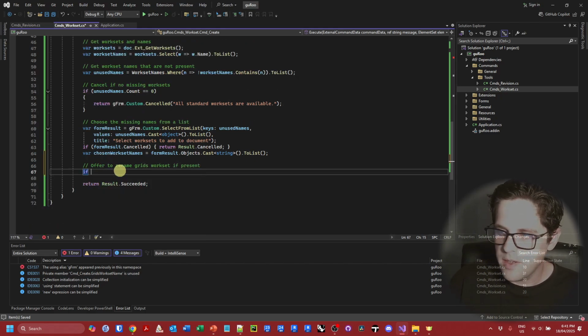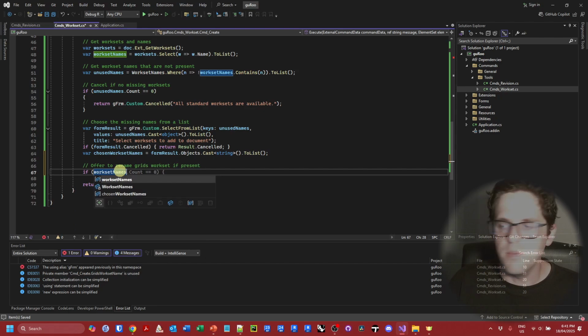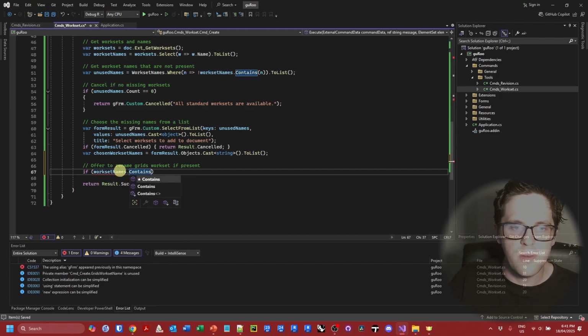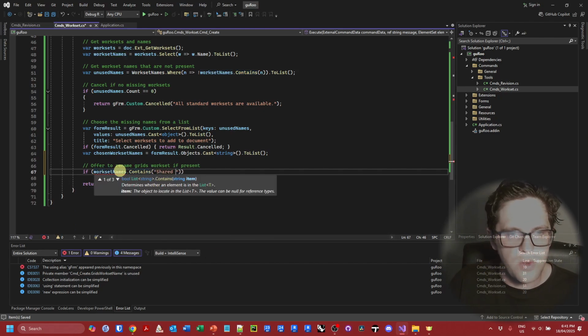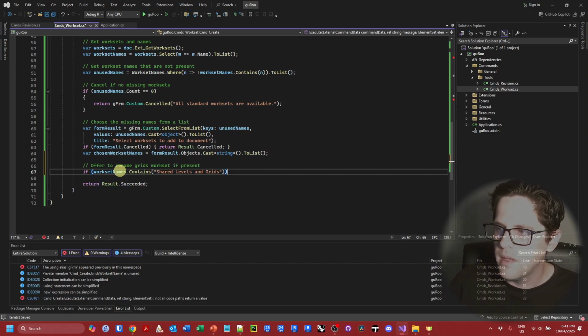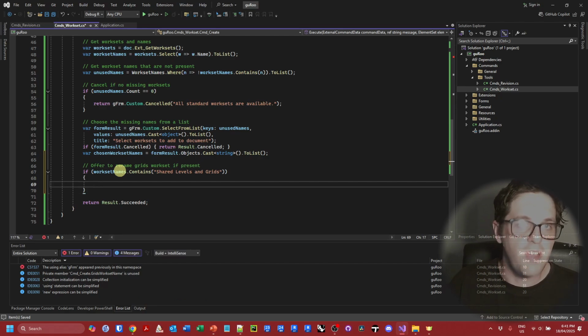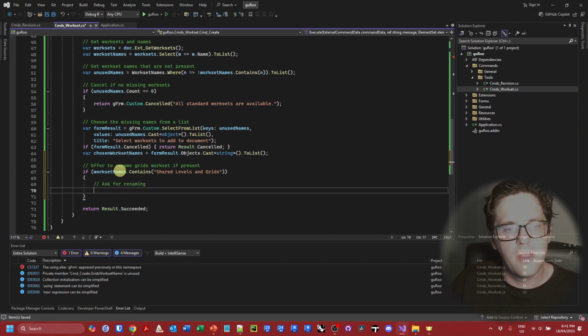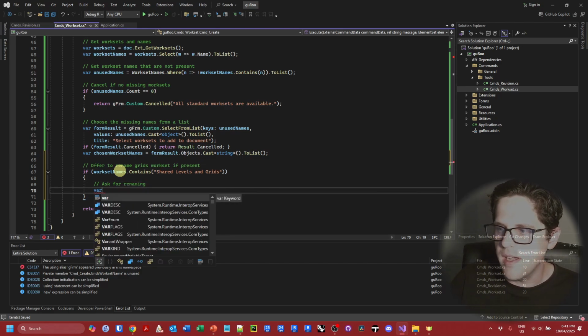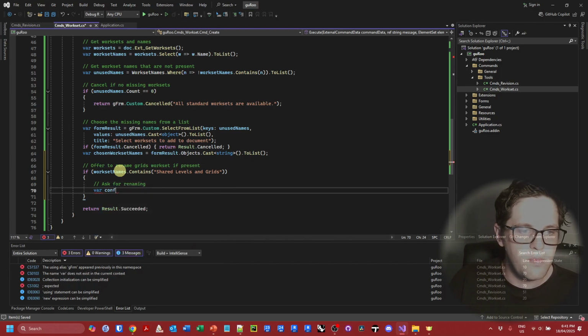So we need to check if the original workset names, not the unused ones, contains it, which in this case is going to be called "Shared Levels and Grids", with uppercase noted. Then in this case, we want to ask the user if they'd like to replace the name. So we'll say ask renaming. So again, we want to give them the opportunity to confirm. So we'll say confirm rename result is equal to